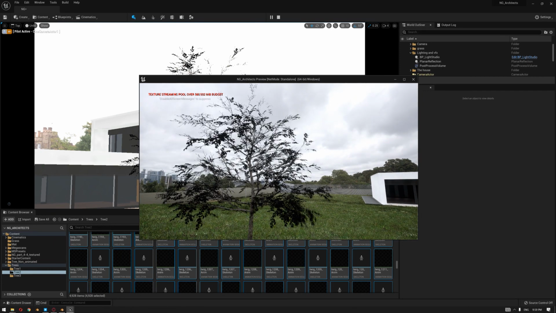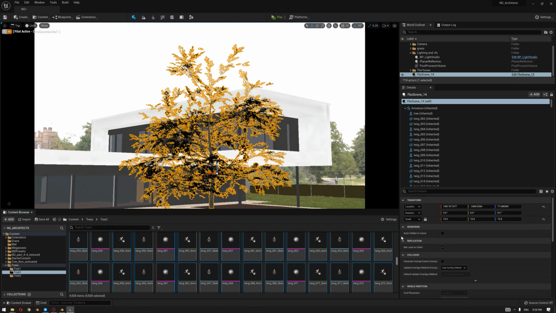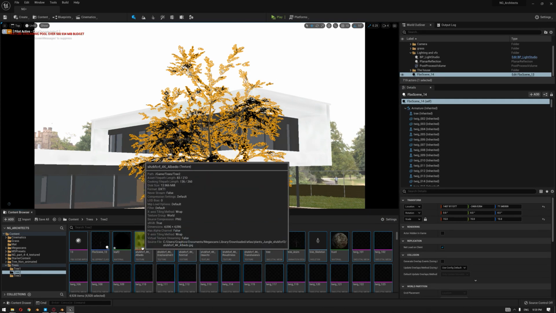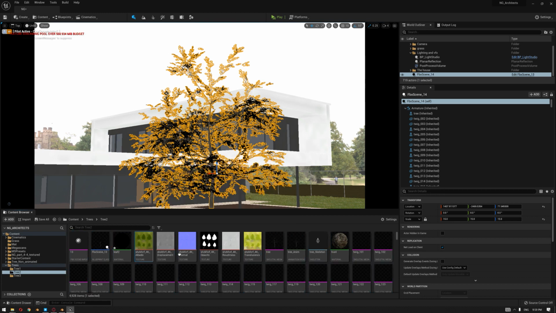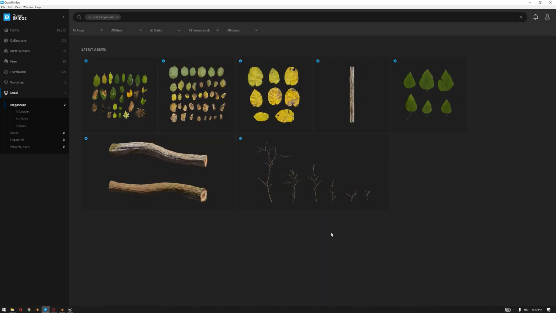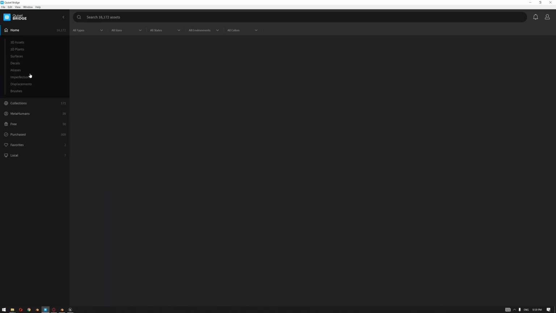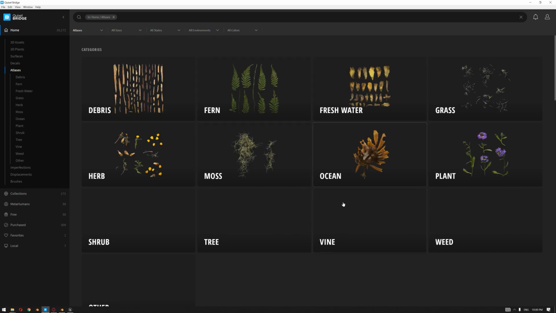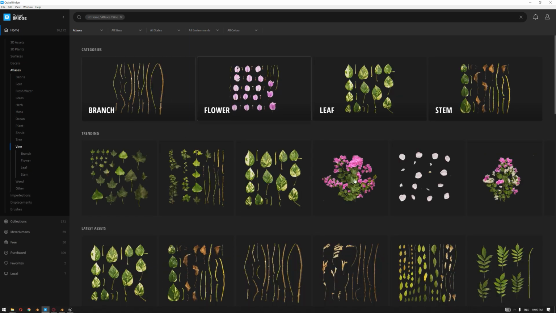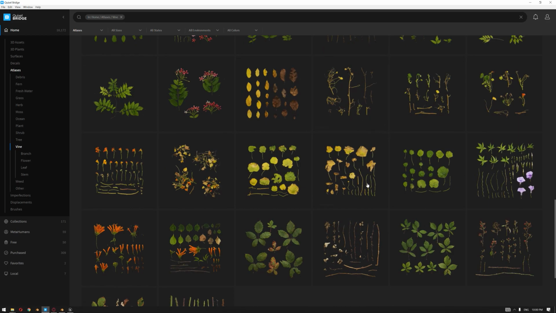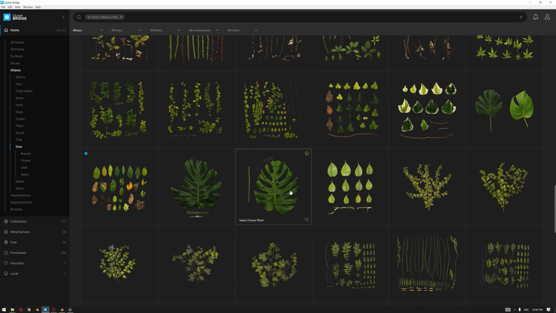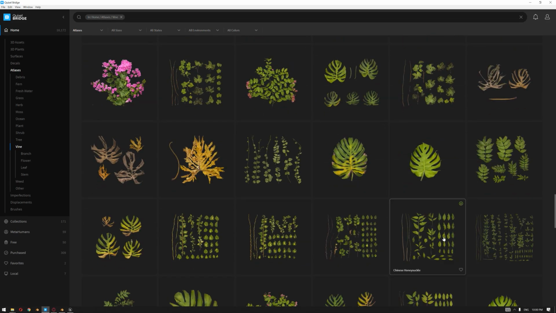Next is the material. To edit the material, the good thing is that we have a bridge available from Quixel Mixer to download as many leaf textures as we need. If we go to the home atlases, under Vine, you'll see lots of leaf textures which Quixel have prepared.